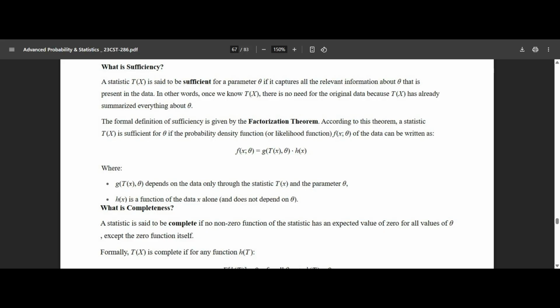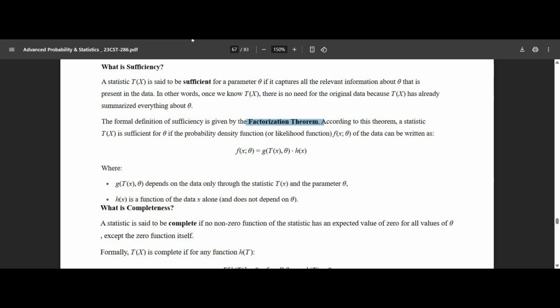So the formal definition of sufficiency is given by the factorization theorem. According to this theorem, a statistic T(X) is sufficient for theta if the PDF can be written as f(x) equal to g of T(X) comma theta into h of x. इसका मतलब क्या है? सो